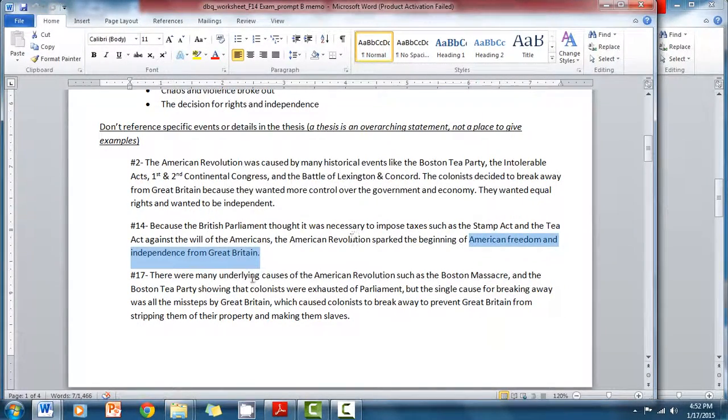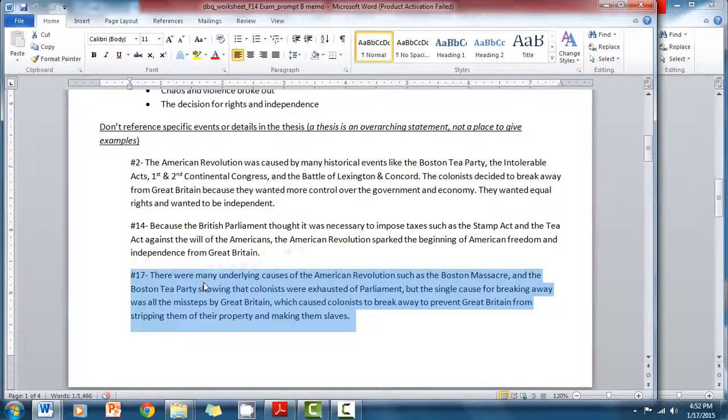Okay, so number 17, again, you're citing specific examples. There were many underlying causes of the American Revolution, such as the Boston Massacre and the Boston Tea Party, showing that the colonists were exhausted of Parliament, but the single cause for breaking away were all the missteps by Great Britain, which caused colonists to break away to prevent Great Britain from stripping them of their property and making them slaves. Okay, so